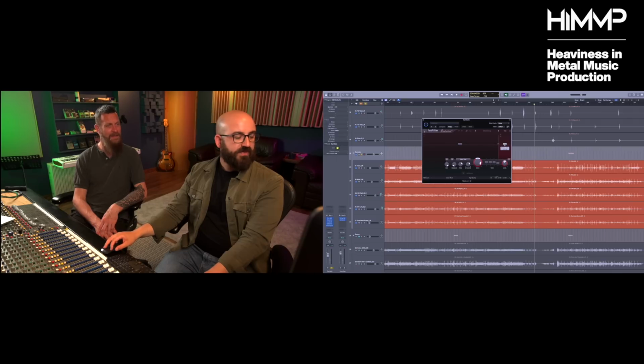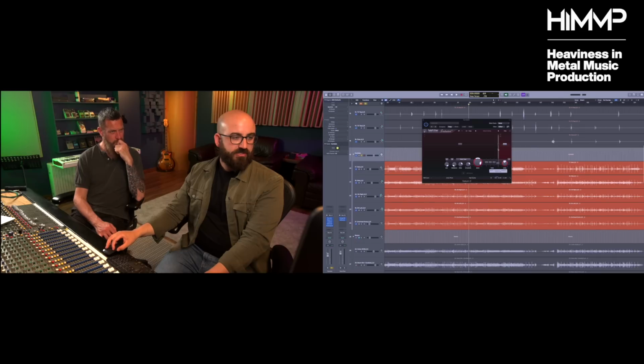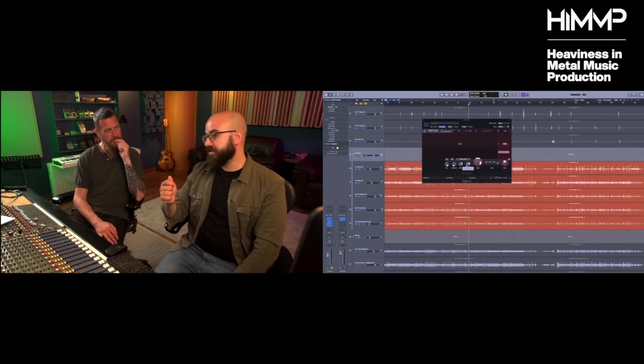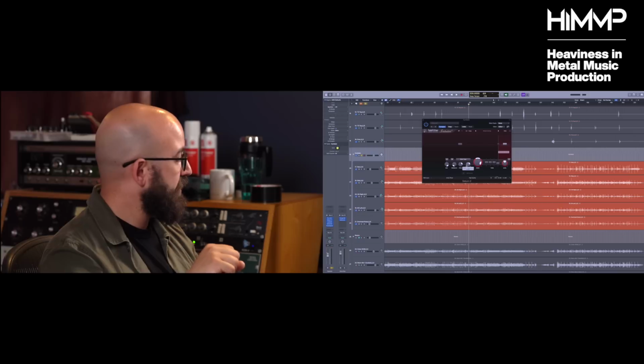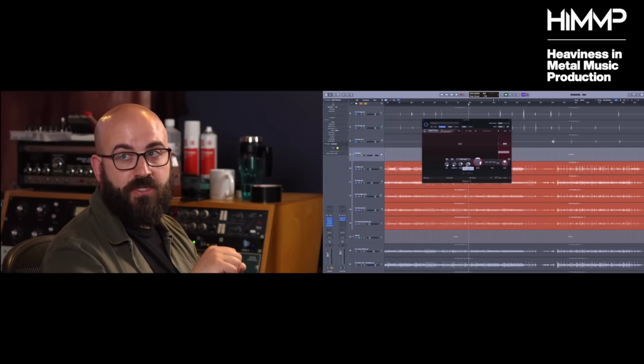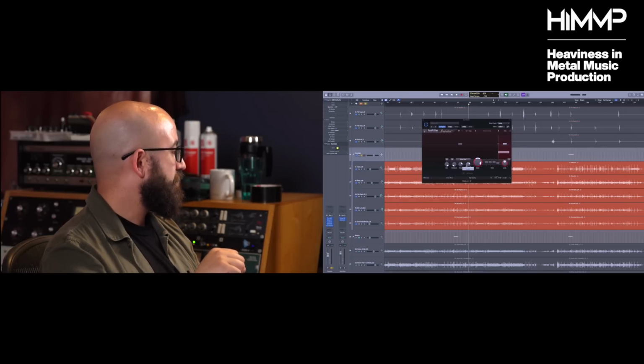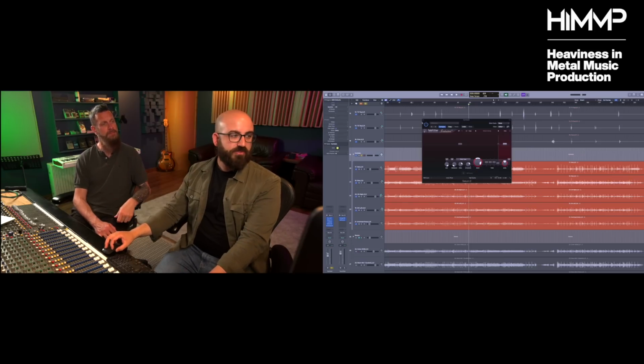Yes, this is interesting. I don't do this very often. I am saturating the top end just above 9 and a bit K and increasing the dynamics knob. So I'm essentially compressing and saturating just the glossiness on the top of the cymbals. This is not a move that I do very frequently. But I think that's probably in an attempt to get the cymbals to sound really washy and consistent. So without...